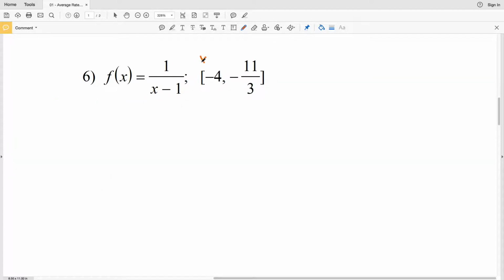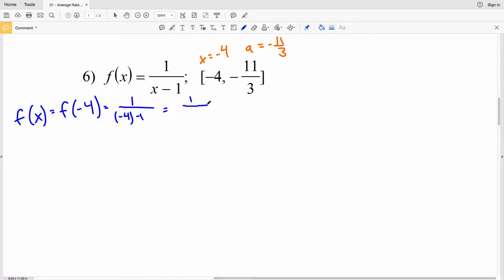For number 6, my x will be -4 and my a will be -11/3. So I'm going to find f of x and f of a. So f of x is going to be f of -4, which when I plug -4 in, I'll get 1 over -4 minus 1, which is equal to 1 over -5, or -1/5. Now I'll find f of a, and f of a will be the function at -11/3. So plugging -11/3 in, I'll get 1 over